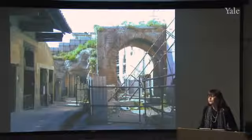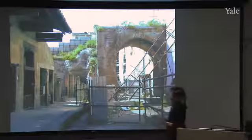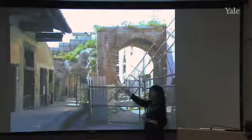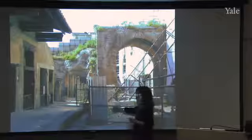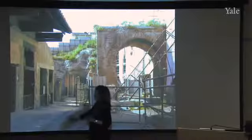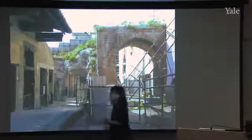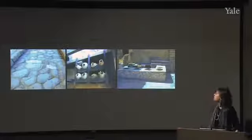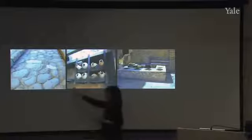Again, as far as we know, we're quite sure we don't have any of the major public buildings, but there are a couple of structures here and there that do tell us something. Here's an arch, for example, that may have been on one of the more important thoroughfares of the city, and we certainly have shops and the like along the way, and I can actually show you a few views of shops and the city streets and so on that give you a good sense that Herculaneum was very similar